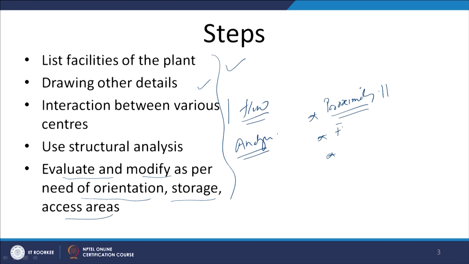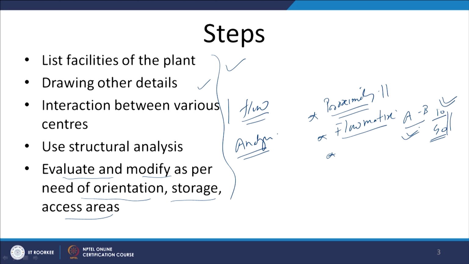Then there was the flow matrix preparation. A flow matrix gives us an idea about the extent of movement in terms of numbers, like the frequency of movement between two stations A and B being 10 or 90. That indicates the extent of movement, and if the movement between two centers is very high, irrespective of the distance, efforts are made to put them close to each other. So, in this approach we do not consider the distance to be travelled; primarily the frequency of movement is considered to see if they can be brought together.